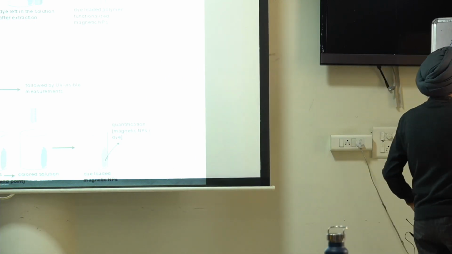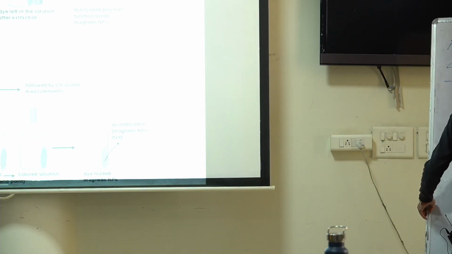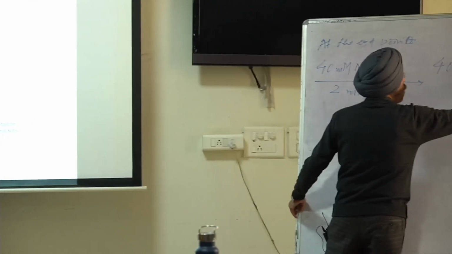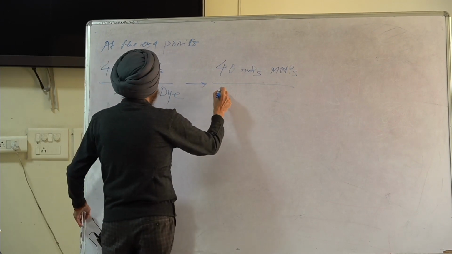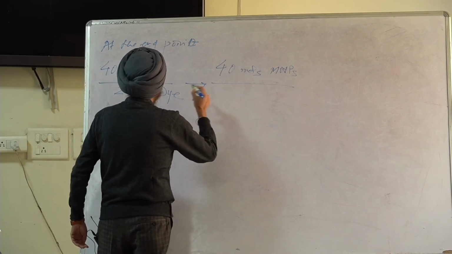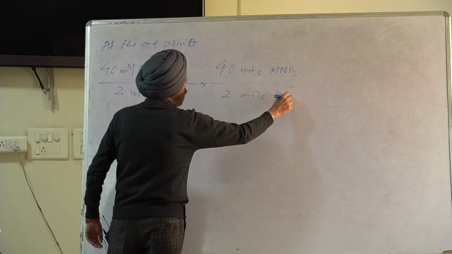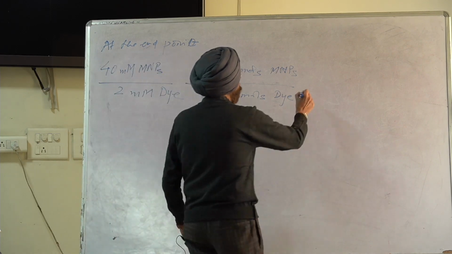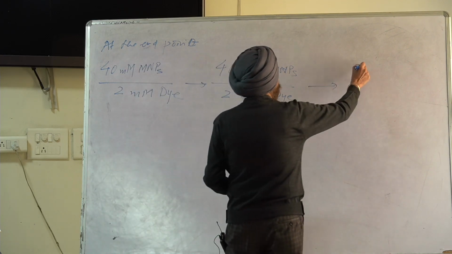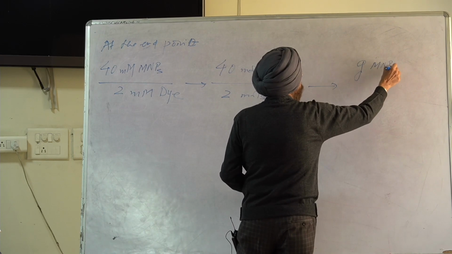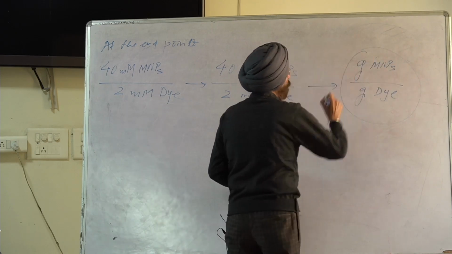What I can do now is convert 40 millimolar into moles of MNPs. Likewise, I can convert the millimolar into moles, because if the volume is constant, let me say 2 moles of dye. Now, once I have the moles, I can convert into grams. So it is the grams of magnetic nanoparticles divided by grams of dye. This ratio is required for